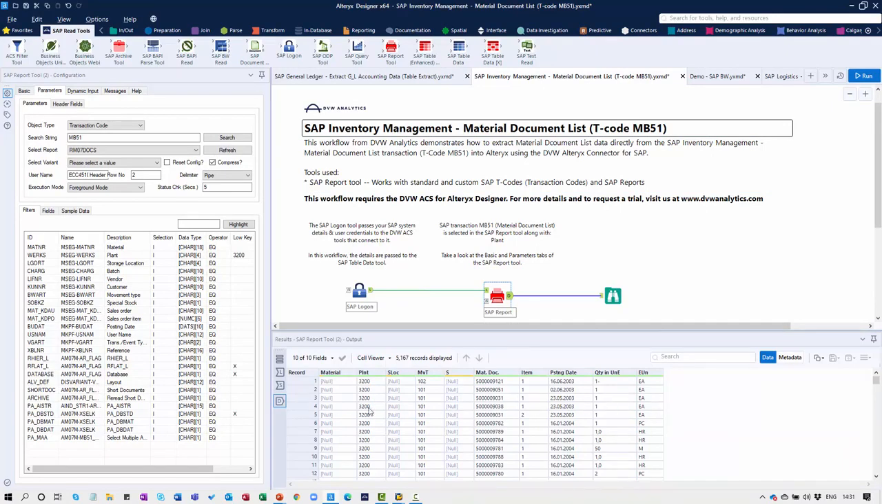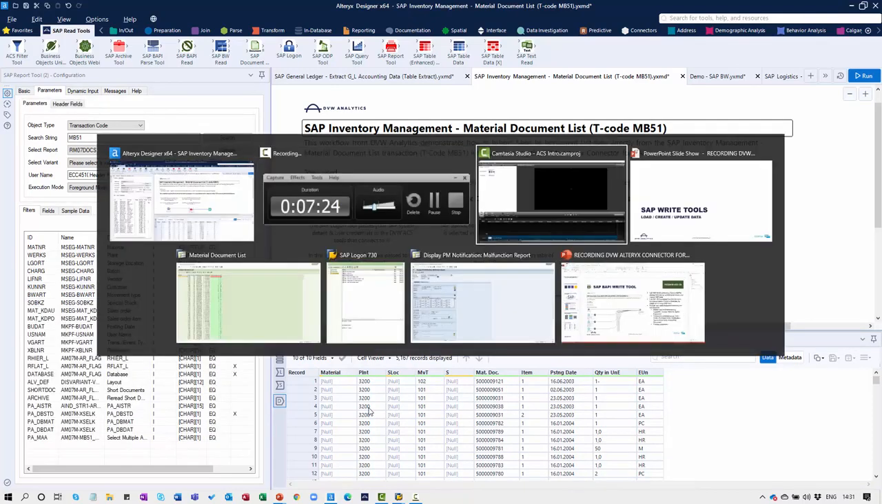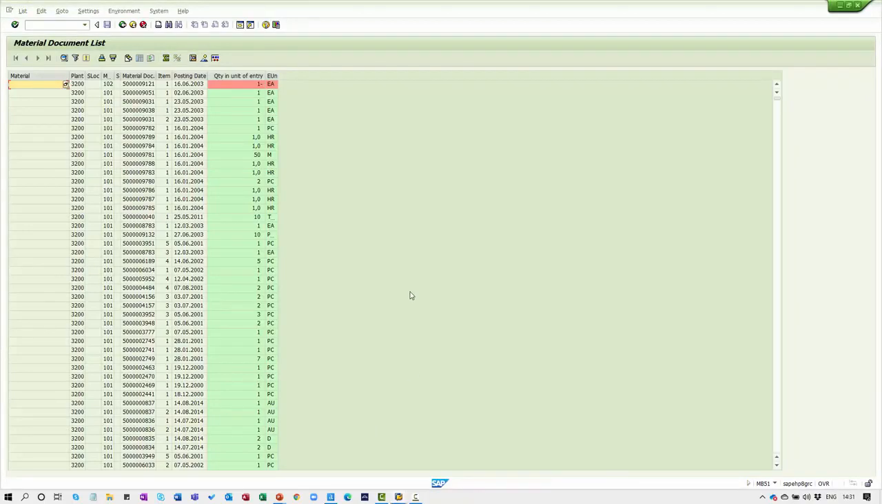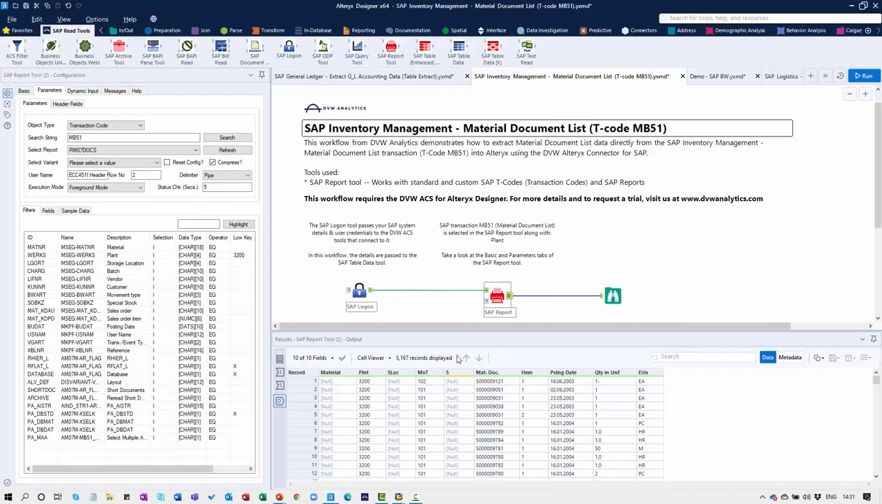And if I flip to my SAP system here, you can see transaction MB51, and the output from the standard transaction is presented in exactly the same way as we have it here. So there is potentially a little bit of work you need to do to tidy up the initial output from an SAP transaction code. Unlike tables, transaction codes may have slightly different outputs